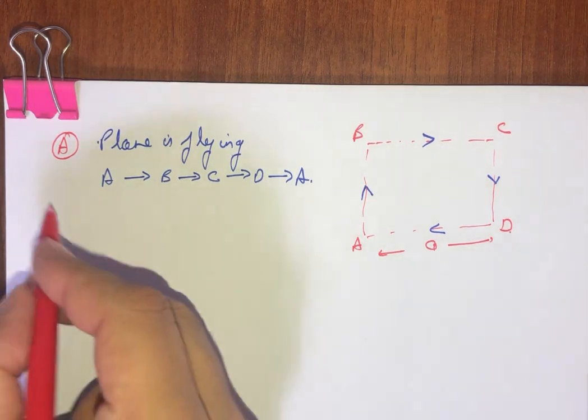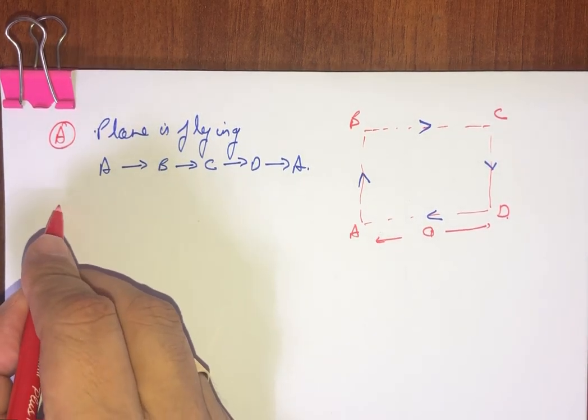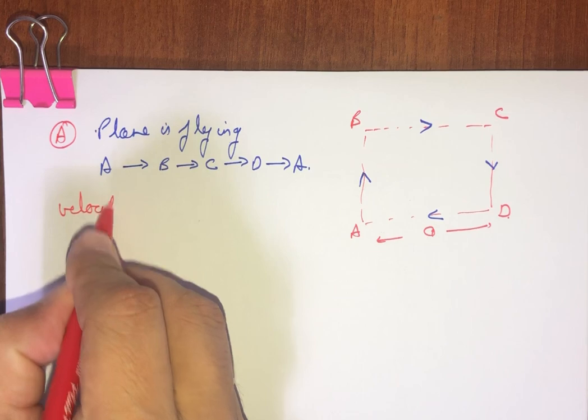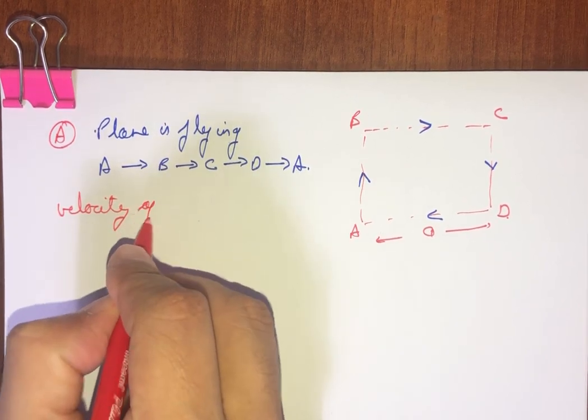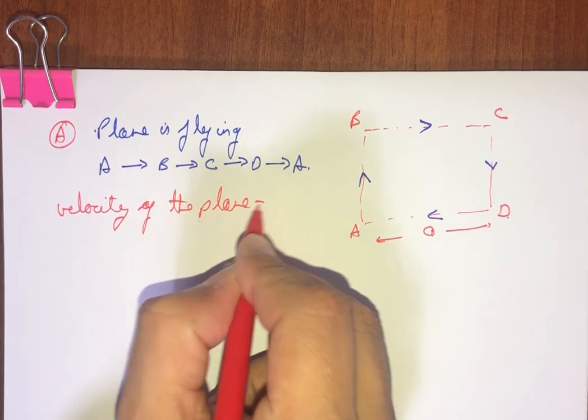Velocity V is given. So we write velocity of the plane is V,